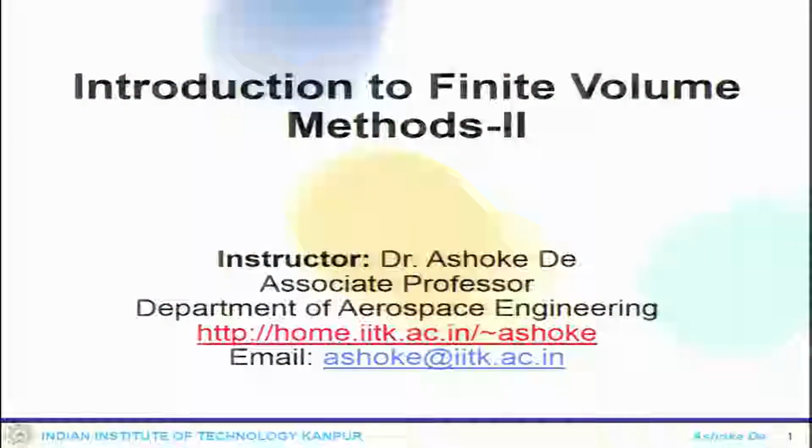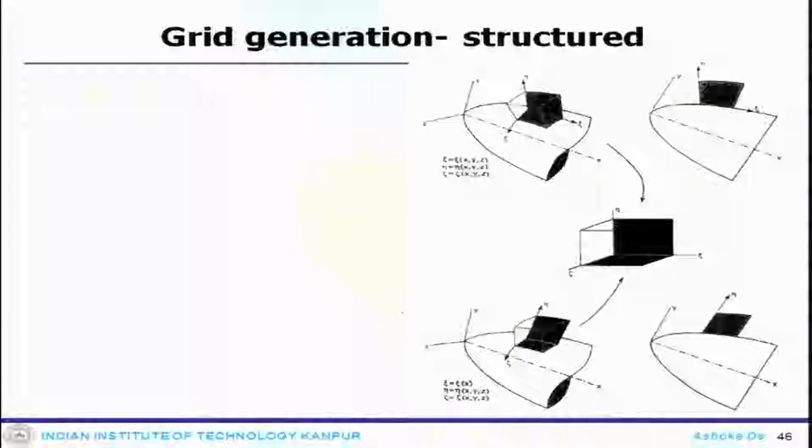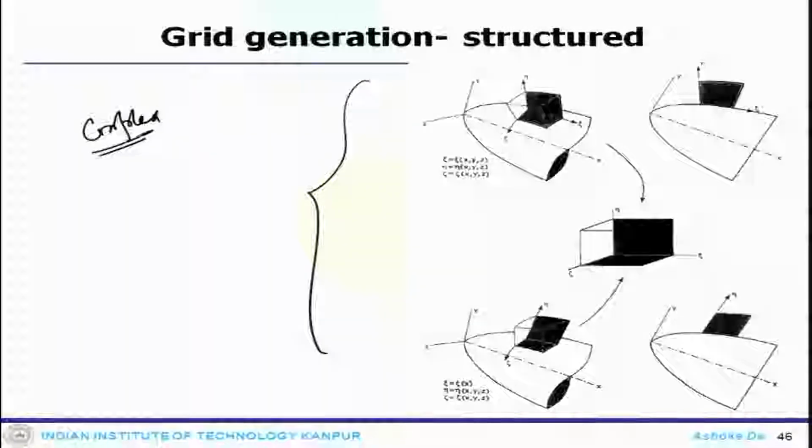Okay, so welcome back to the last lecture of this finite volume series, where we will continue our discussion where we left off in the last lecture. Now, grid generation, if you recall, all your realistic complex grids would be of this nature. When you have a complex grid of this nature, you have the option of generating an unstructured grid, that is one option, or you can generate a structured grid,